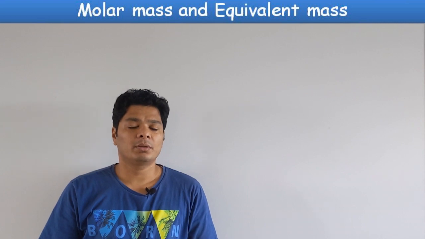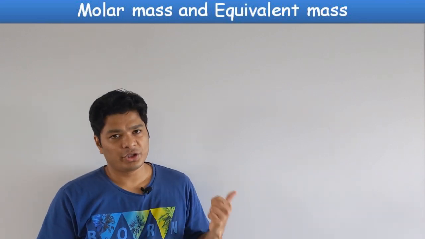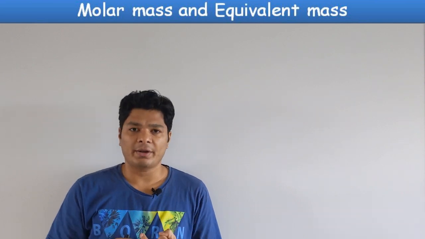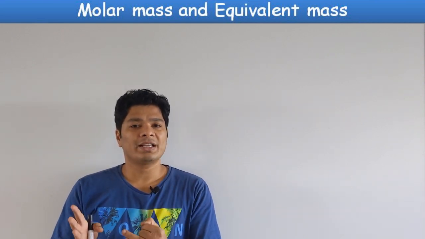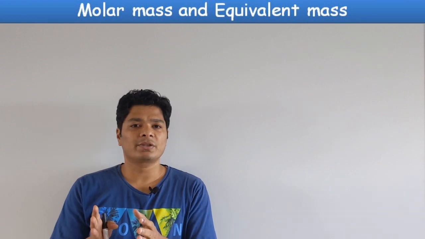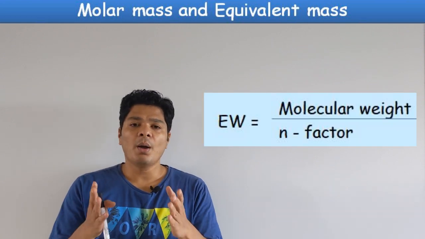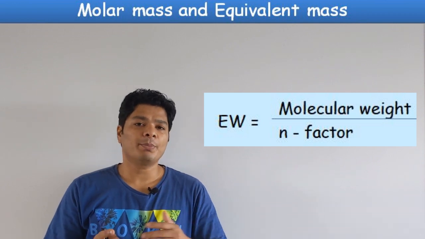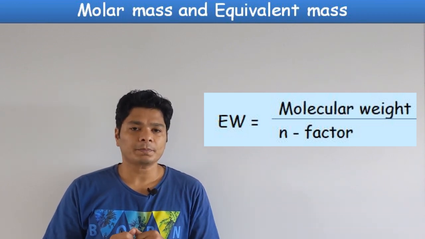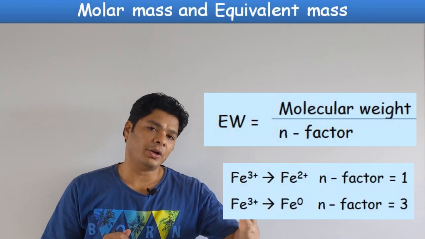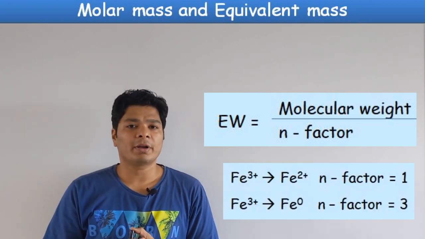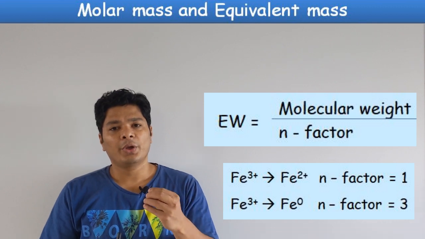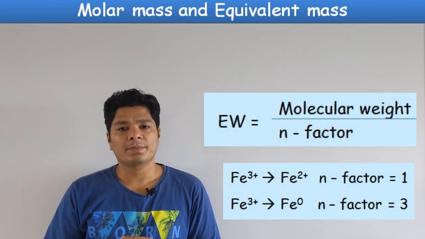Equivalent mass can come in three different types of calculation. One we just saw. The second one can be in redox equations or acid-base titrations. When it comes to redox equations or acid-base titrations, equivalent weight is extremely simple: molecular weight divided by n factor. The n factor will keep changing depending on the given equation. It's not fixed, it can change according to the corresponding reaction that is given. When it comes to redox equations, the n factor is nothing but your change in electrons.